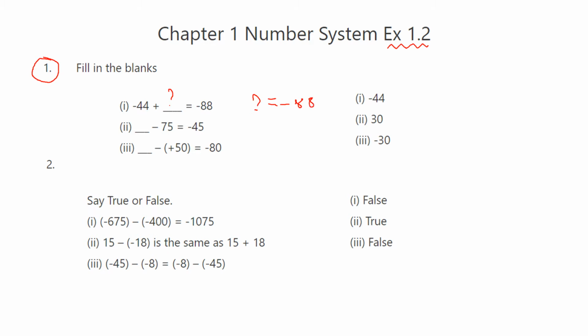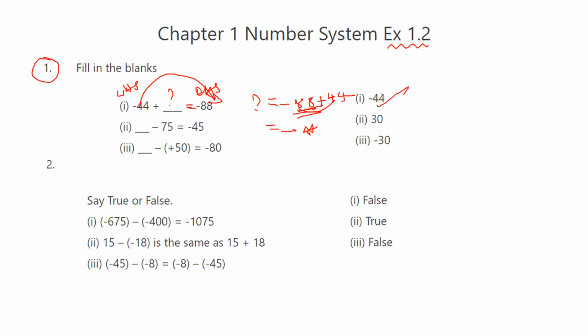And this minus 44 will come to the right hand side, because given equal means this is LHS and this is RHS. So if minus 44 comes to the right hand side, it will become plus 44. So minus 88 plus 44 means 1 minus 1 plus. First subtract the numbers: 8 minus 4, 4. So what is the greater number? Don't take it as an integer. Greater number sign minus. So write minus 44. So the answer is minus 44.